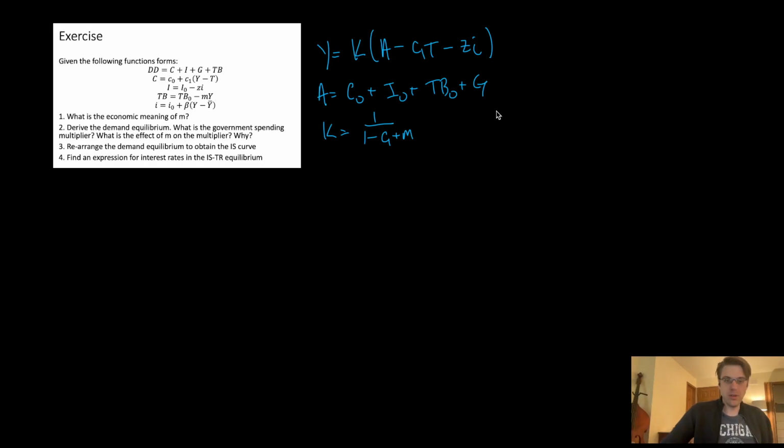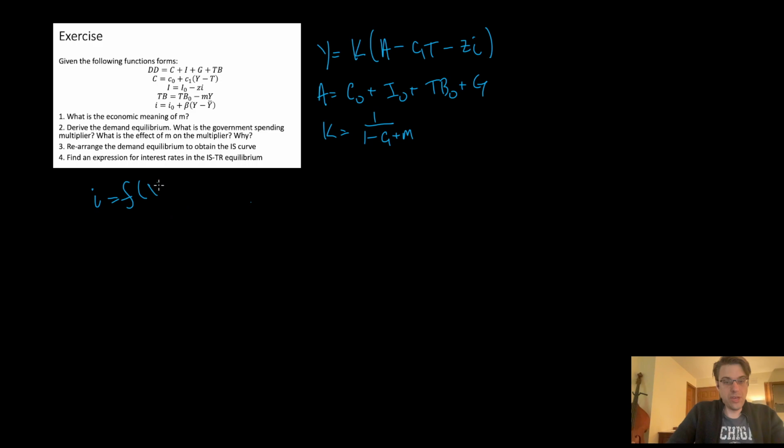All right, welcome back. Let's look at question 3. Question 3 asks us to find the demand equilibrium. It asks us to rearrange the demand equilibrium to obtain the IS curve. Okay, so all we need to remember is that the IS curve gives us I as a function of y,